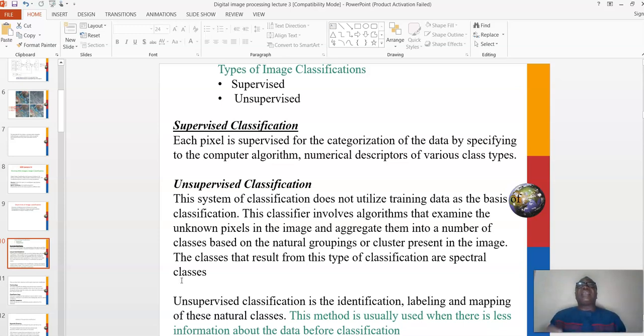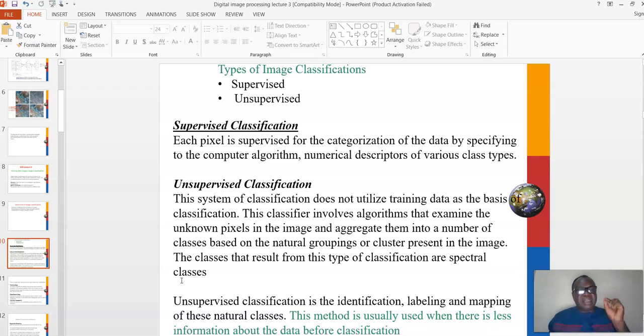For instance, we can say if this pixel is 30 and it represents vegetation, then anything that looks similar to this, and that is close to this, the computer makes it vegetation. This feature is the training site, because we use a training site to select the area we want.